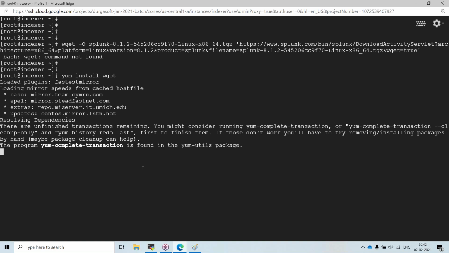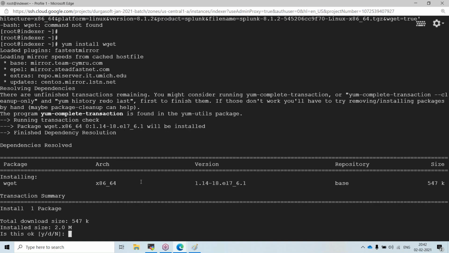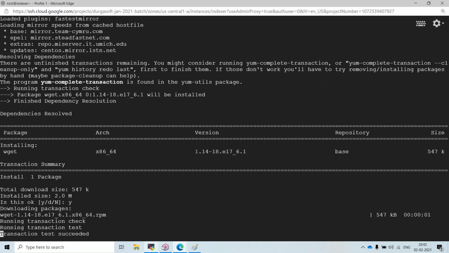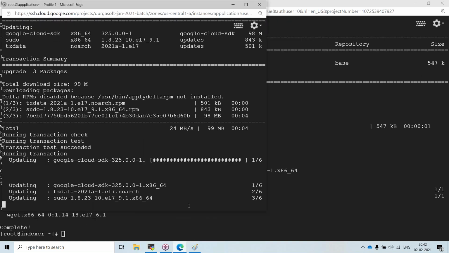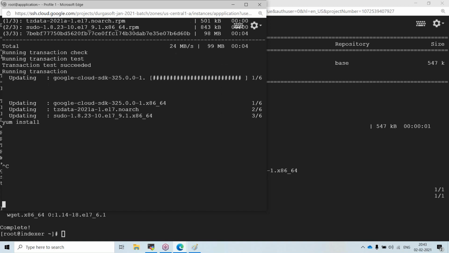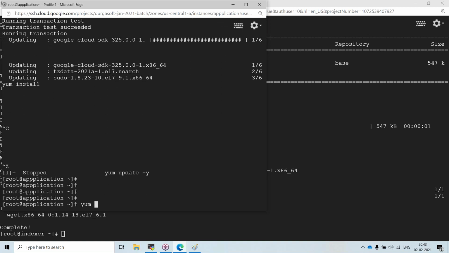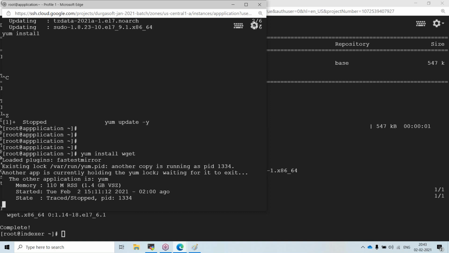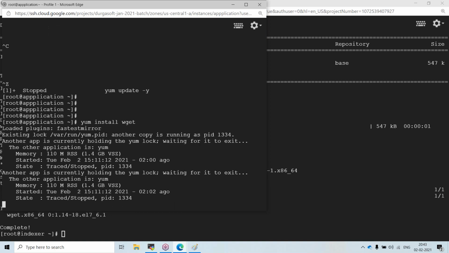Yum install wget, and click on Y. Here also I should do the same. Install wget.